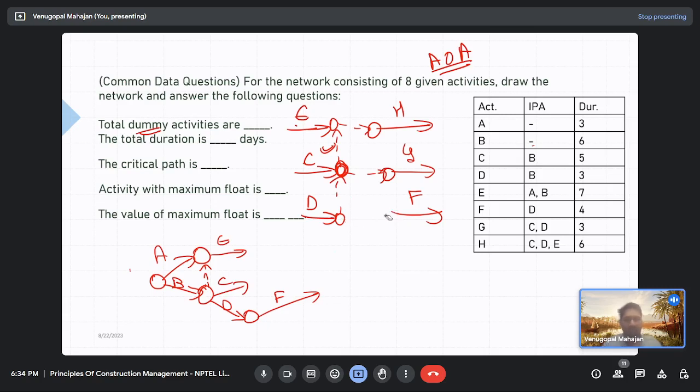In this case you don't need a dummy, right? You can directly link it here. Similarly, it seems the same. You don't need the dummy here. Now there are 3 dummies. Can we remove any of them? Yes, that's C and G, we can remove. Okay, C and G we can remove. Let's see. If you remove this,